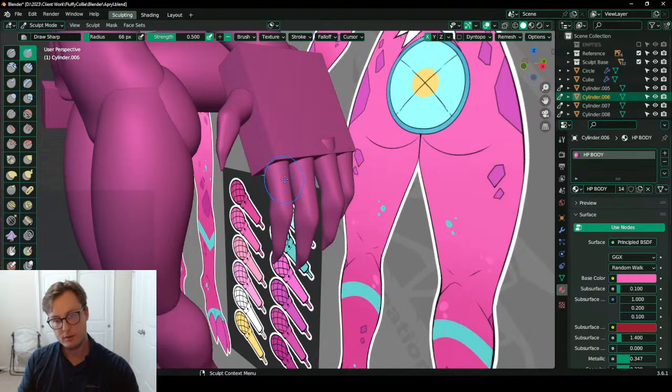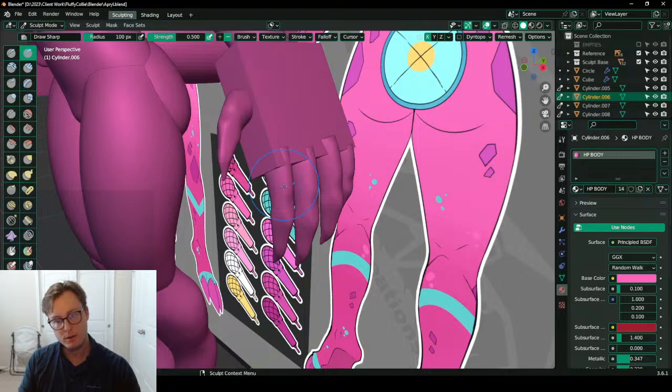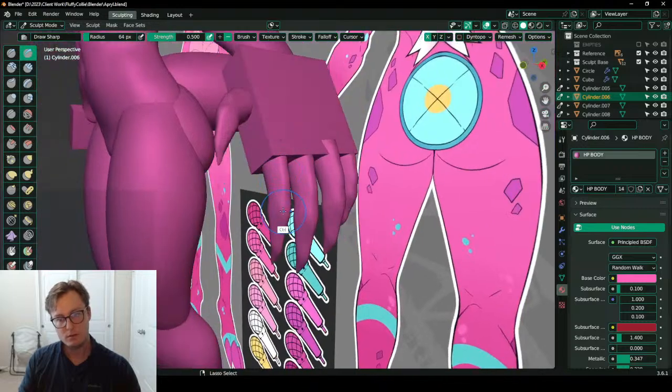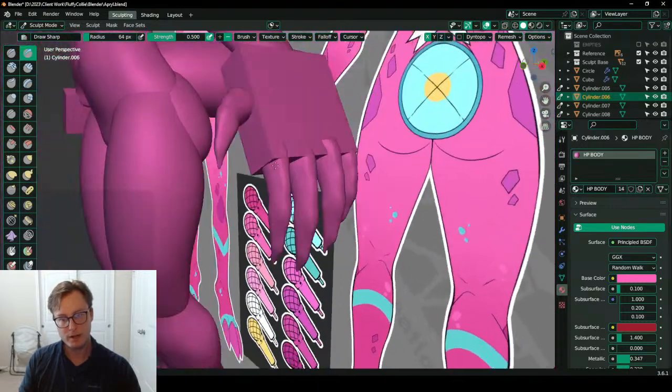We'll do a very large brush. Hit it with that. A little bit smaller. Want it to look kind of serrated, I guess.